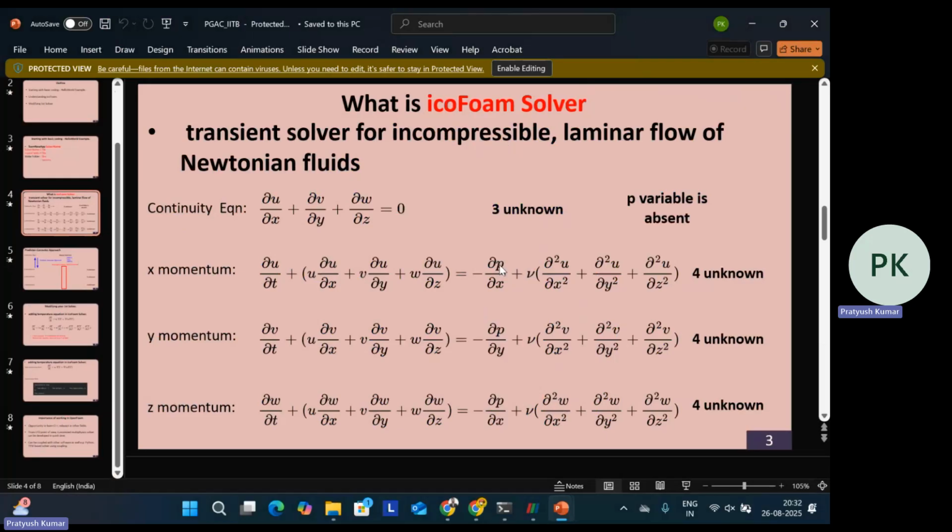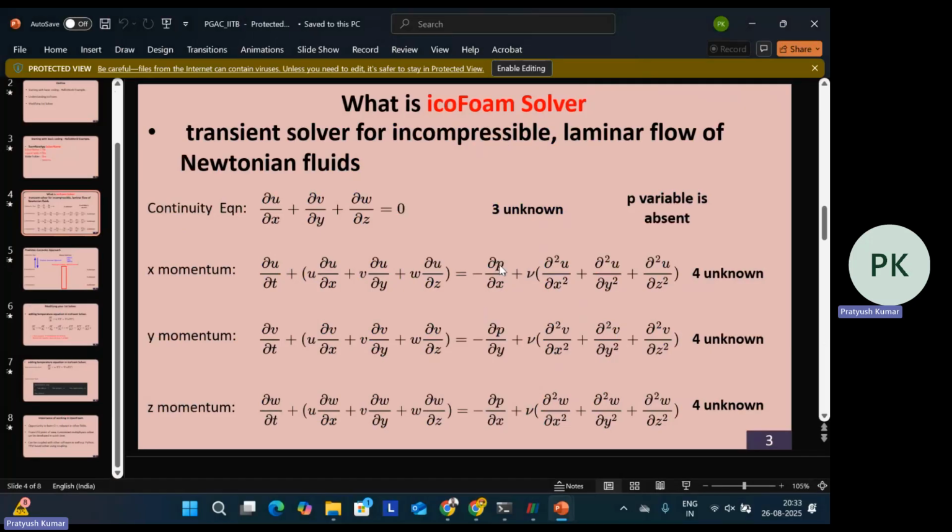But does that mean it will satisfy the continuity equation? No, because we have just predicted a random value of p. So in order to get the correct values of u, v, and w, we need to utilize the continuity equation, and we do it by using the predictor and corrector step. That is, we first predict the value of pressure, then calculate the velocity, and then substitute the value of velocity in the continuity equation. Ideally we expect the summation to be zero,